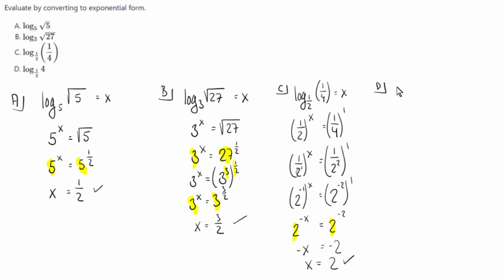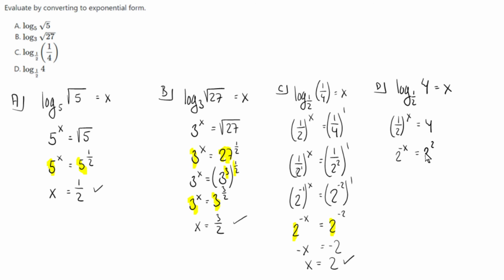In D, we have log with a base of a half of 4 equals x. Convert this to exponential form, which is going to be a half to the power of x equals 4. We are going to rewrite the left-hand side, applying the negative exponent law. So this can be written as 2 to the power of negative x. And on the right-hand side, we're going to rewrite 4 with a base of 2, which is simply going to be